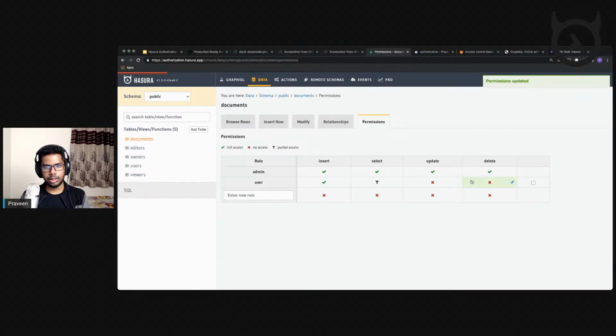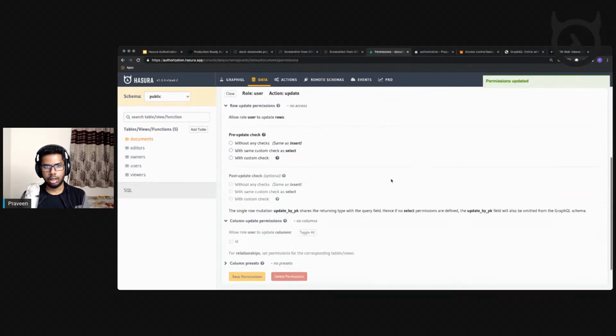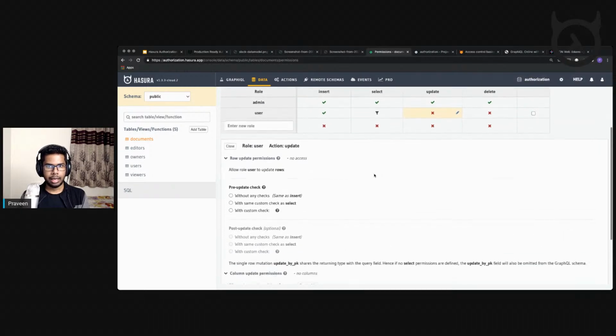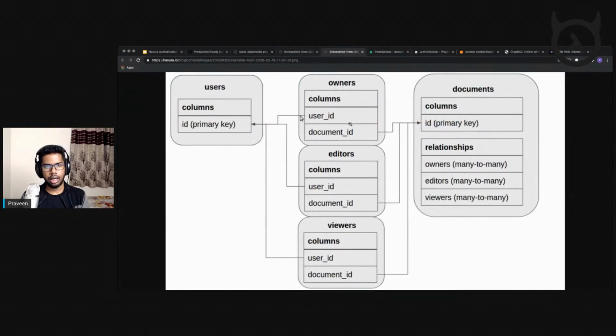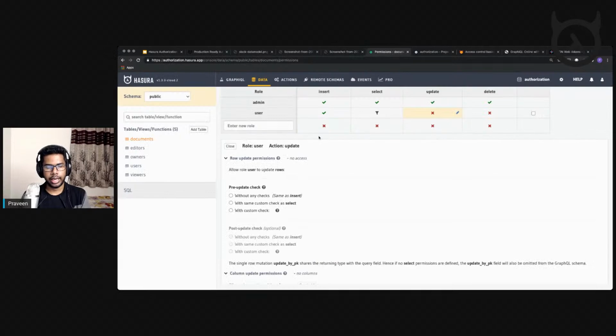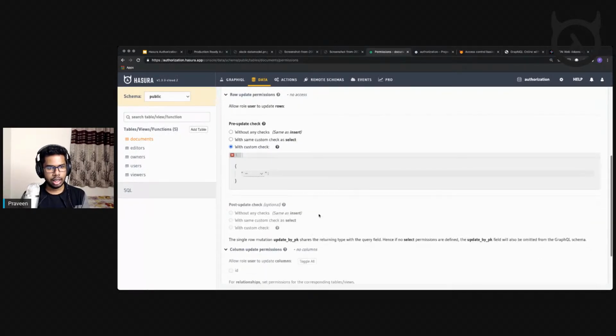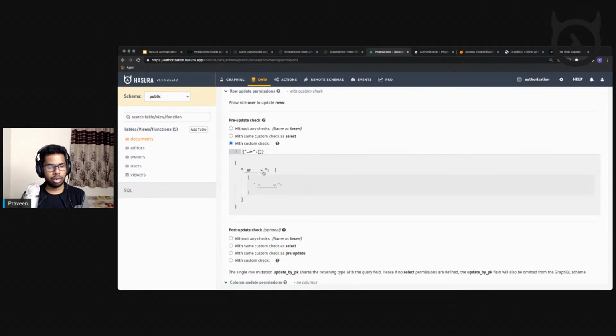Now with update permission and delete, it's slightly more specific. With update, an update permission can be applied only by owners or editors of the document and not viewers. Viewers just have read access to this document, so those users will not be able to update. So we need a condition to say both owners and editors can edit this document, can have permission to edit this document. So the same condition check, the OR operator, but this time around, I'm just going to have two